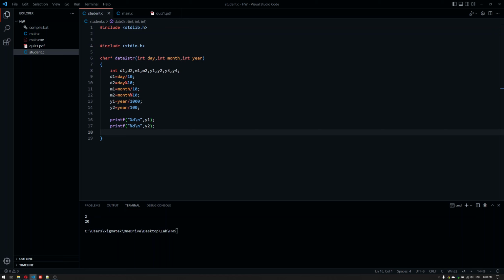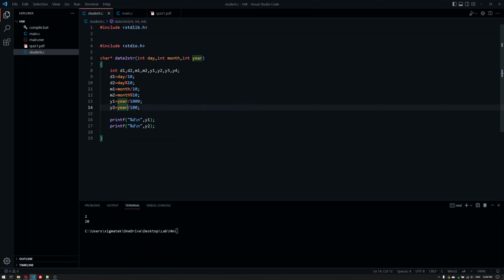So what I'm going to do is, I know how many 1,000 years are in that year. So if I subtract that from this data, what I mean by that is the following. Instead of using the year value here, I subtract the 1,000th digit, so y1 times 1,000, and then divide it by 100. Let me actually not divide it by 100 first and show you what I mean. You can see that we have 2 and 22. Now, if I divide it by 100,